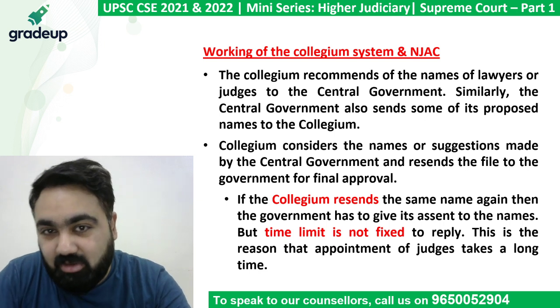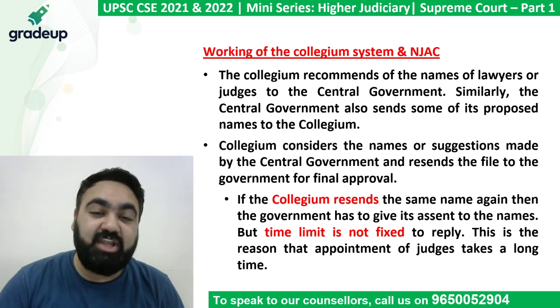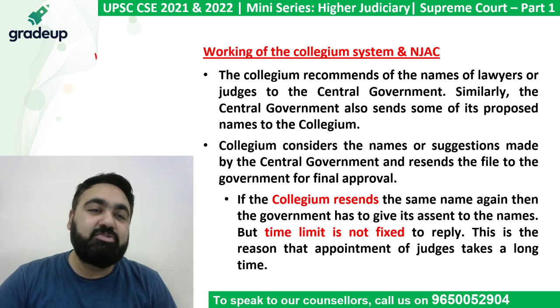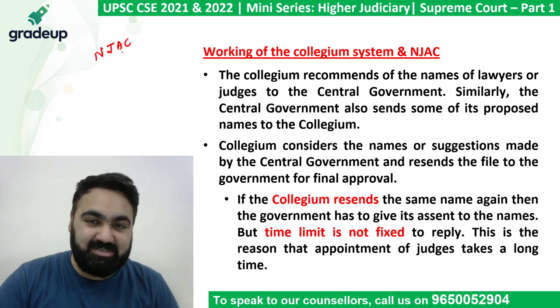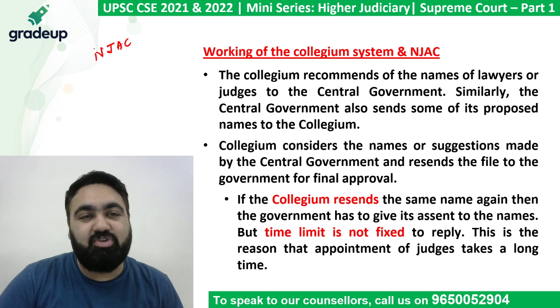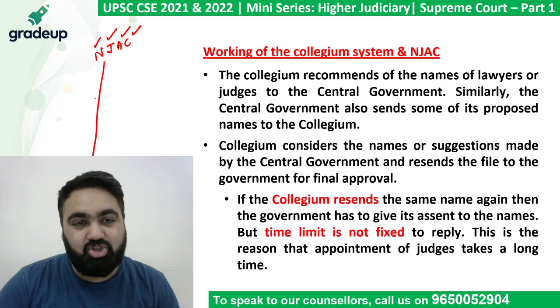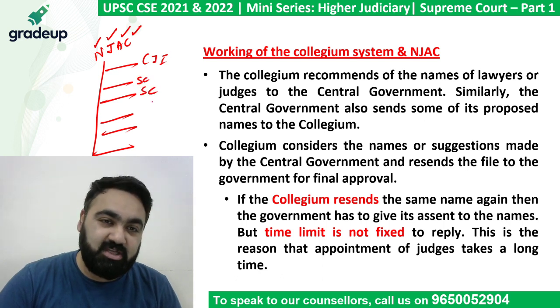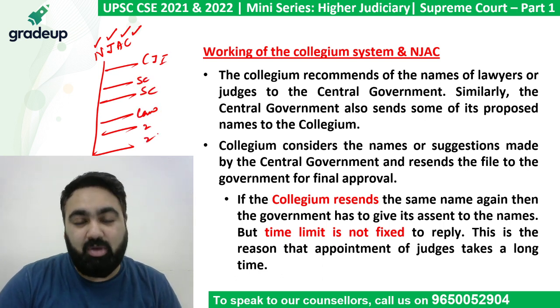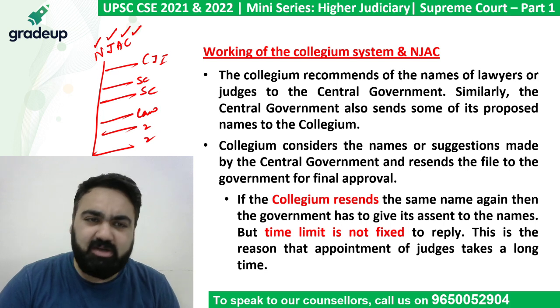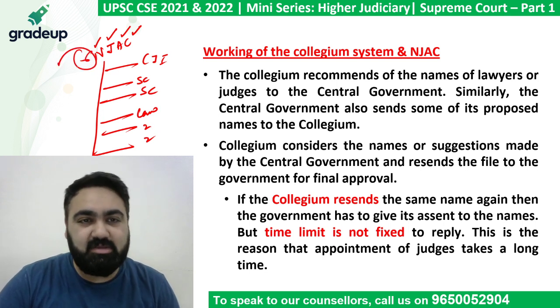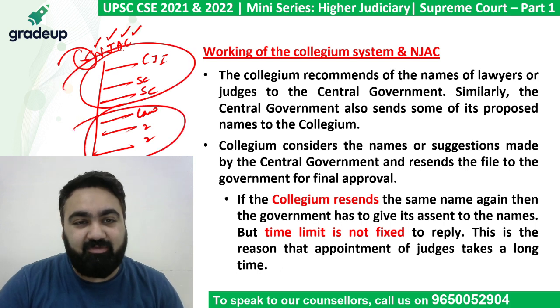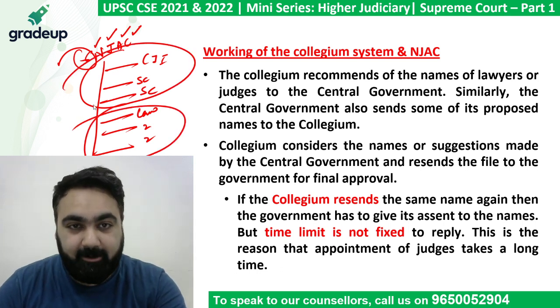What is that new? The government of India tried to change the collegium system by introducing a new system called NJAC. NJAC stood for National Judicial Appointment Commission. It was supposed to be a 6-member body, 3 from the judiciary, that is Chief Justice of India, and 2 Supreme Court judges, then a law minister and 2 other eminent personalities. In other words, NJAC would have 6 members, 3 from the judiciary and 3 from the side of the government.